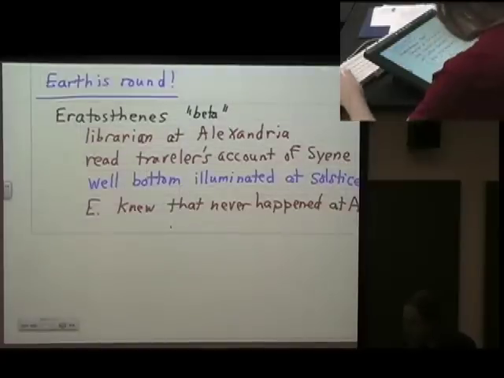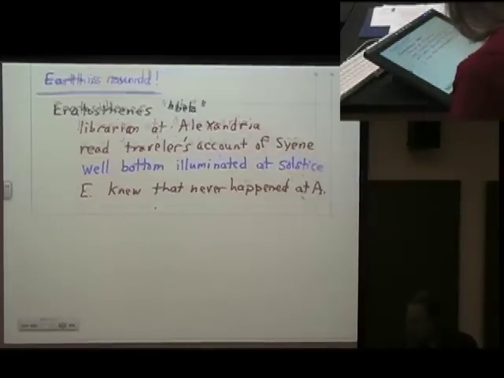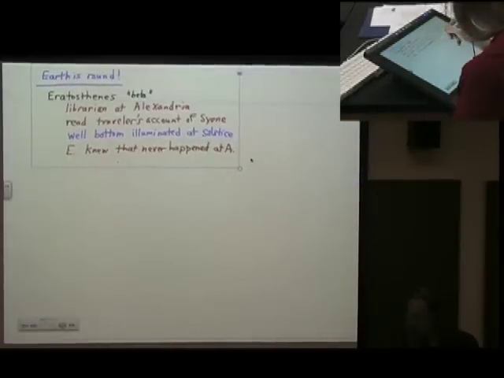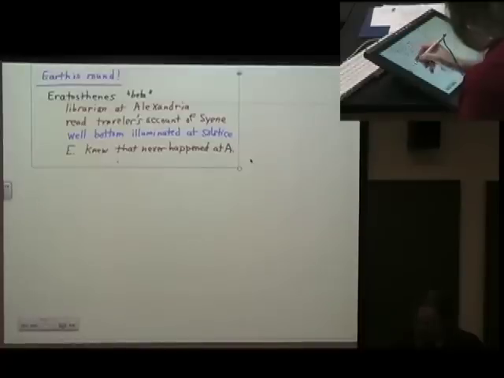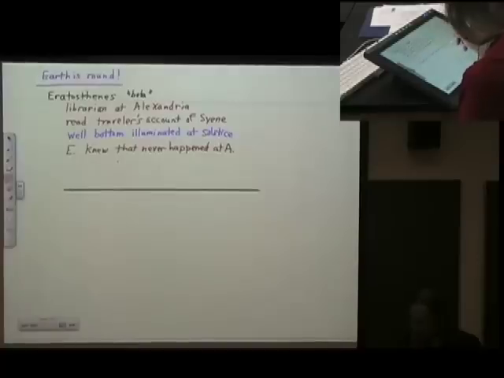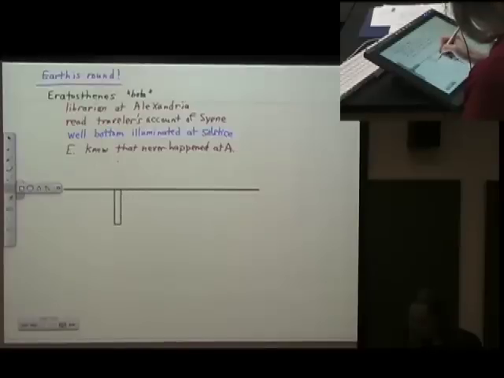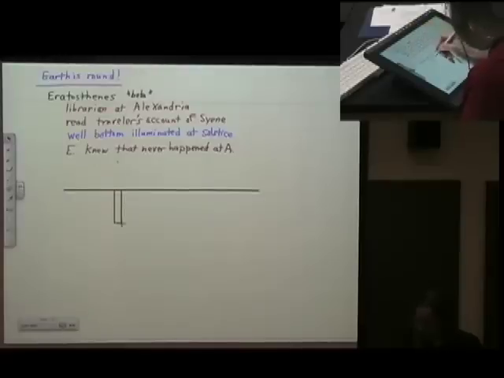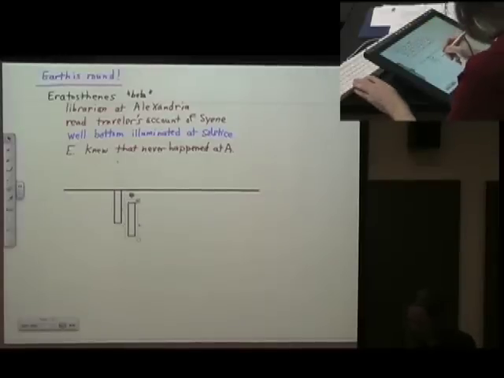Let me draw a picture. And this is probably something Eratosthenes probably did. So let's actually draw a horizon. Okay, so we have a horizon like so. And let's draw the two wells. So this might be one well here, deep in the ground, and we'll need a second well. So here's the second well.